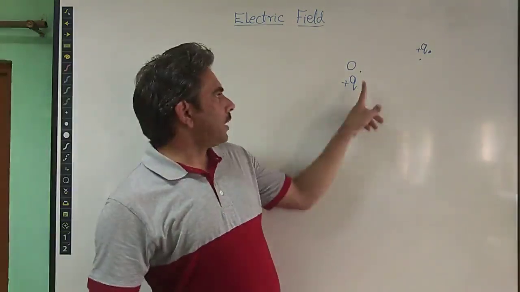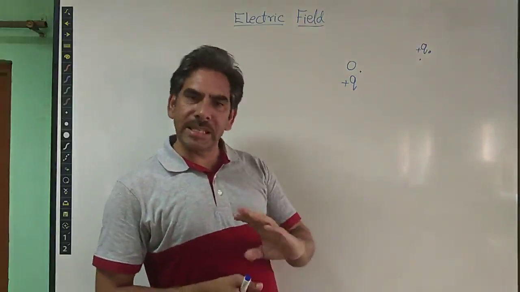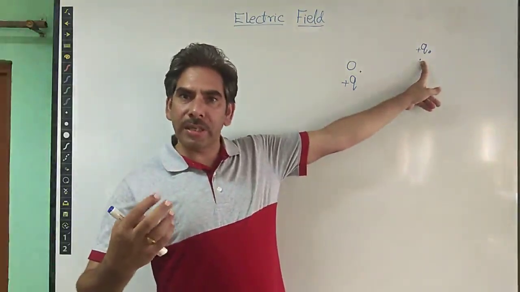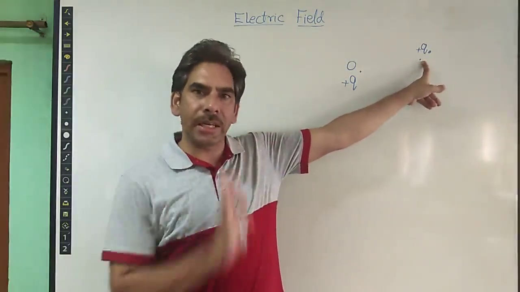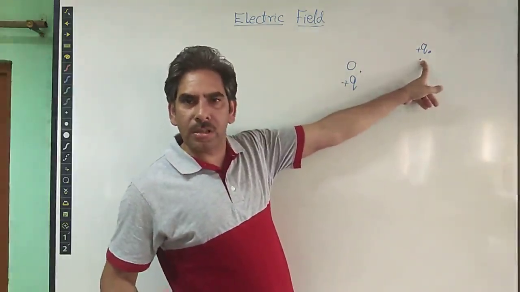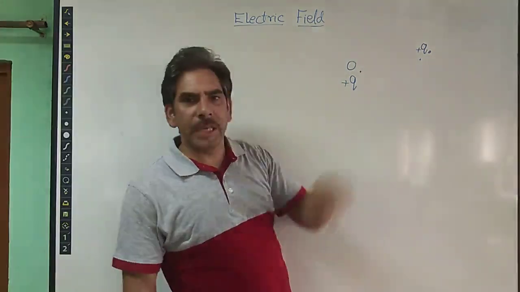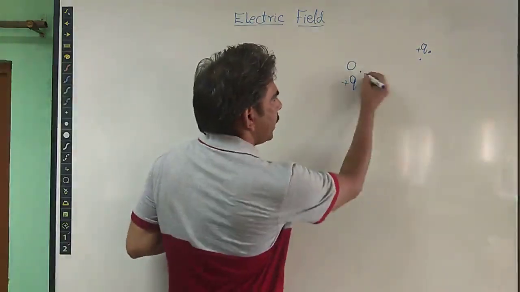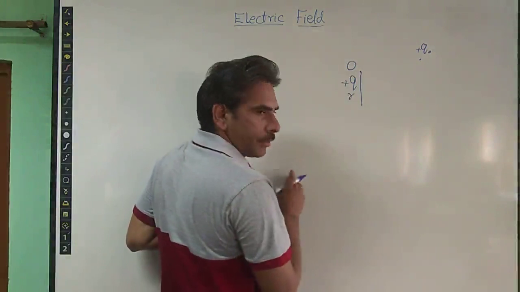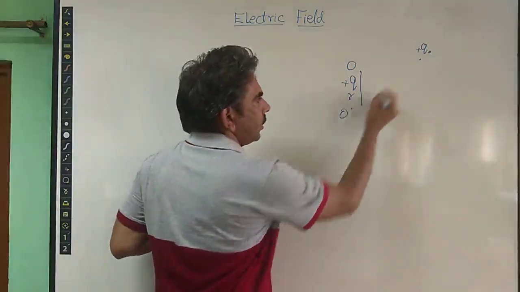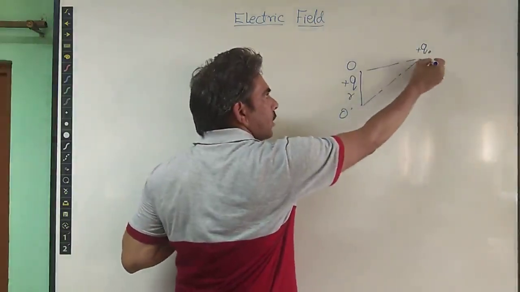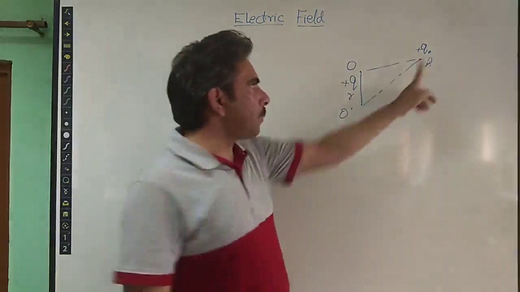And also, if this source charge is moved, then its electric field also changes at the same point where earlier we were calculating the electrostatic force or influence of that electric field. So if this charge moves, the electric field at this point also changes. But it takes some time. Suppose we displace this source charge by some distance, for example r, to some new position O dash. Then again, at the same point, for example A, this is the observation point where we are placing the test charge,